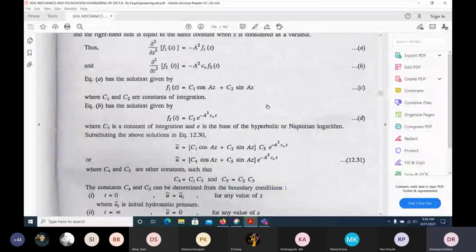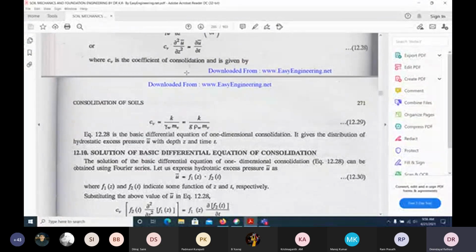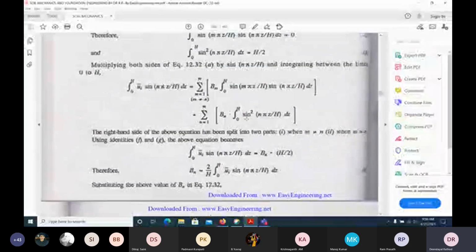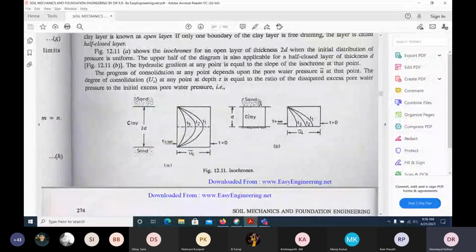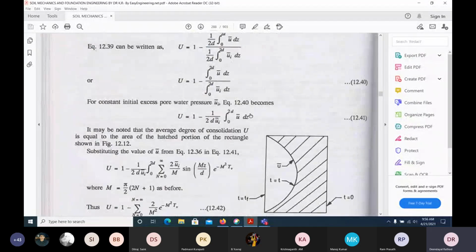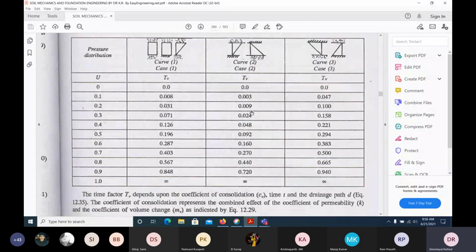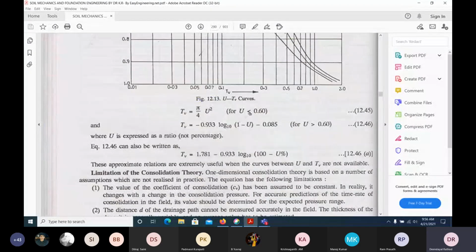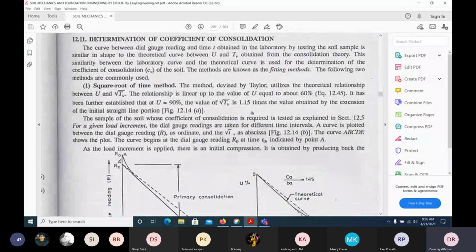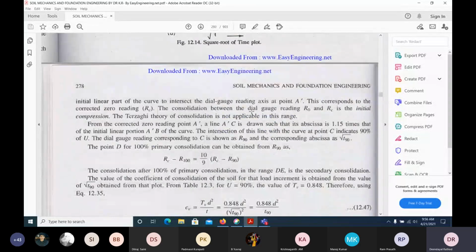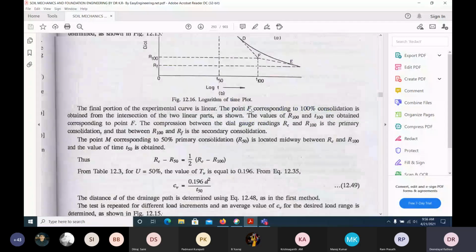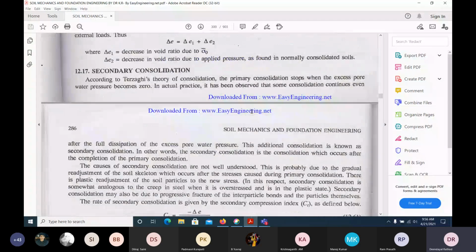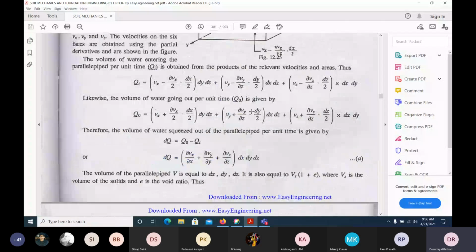So this is all about what we have done today. We have solved this differential equation. We have assumed some constants and solved the differential equation, and finally we got these solutions, which is nothing but the TV. What we'll do is let me show you some problem. Then you will understand why we use these equations and where these equations are useful.